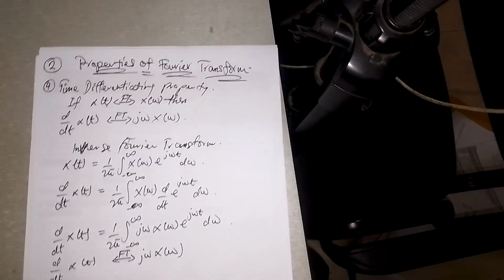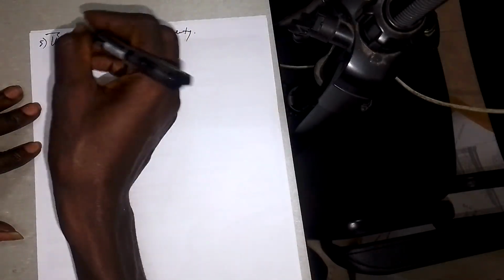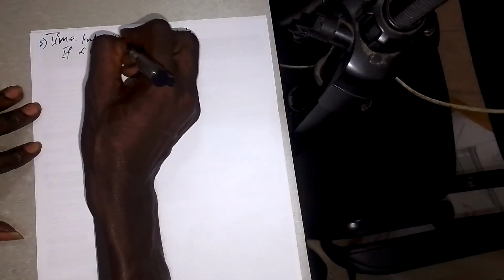Let's go to the next property. The next property that we can talk about is the time integrating property. So let me say time integrating property. That is property number 5. In the time integrating property, if I have x of t, which transforms into X of omega,